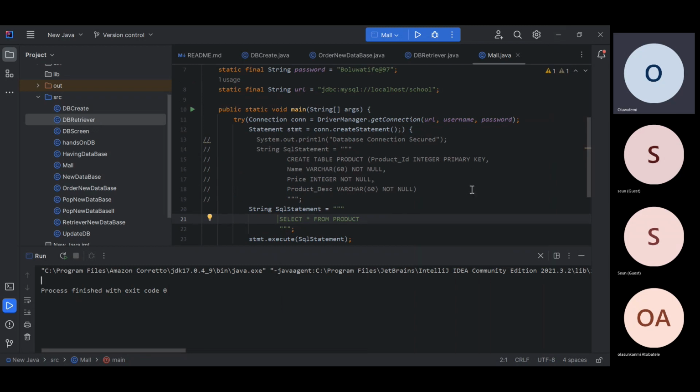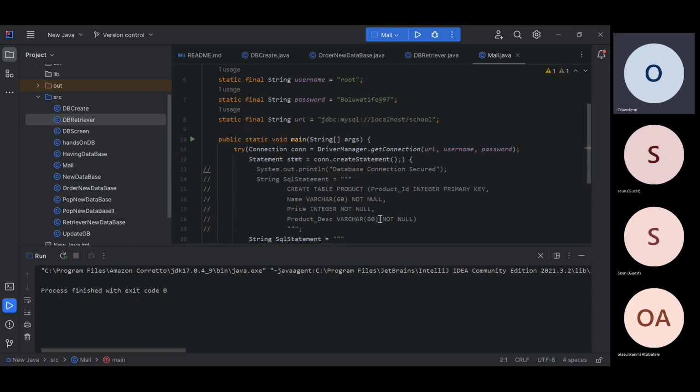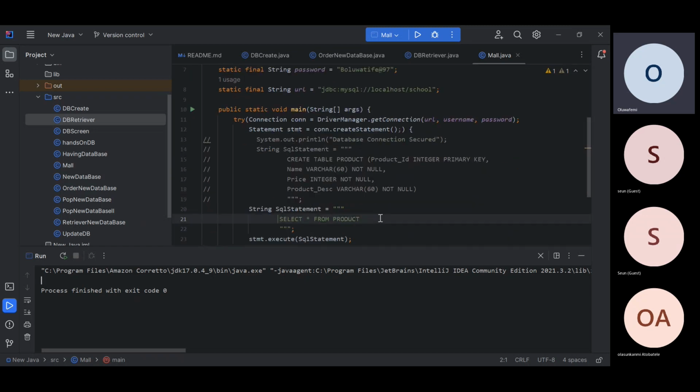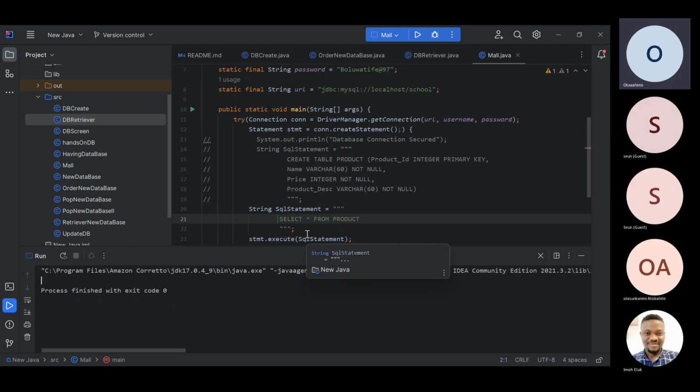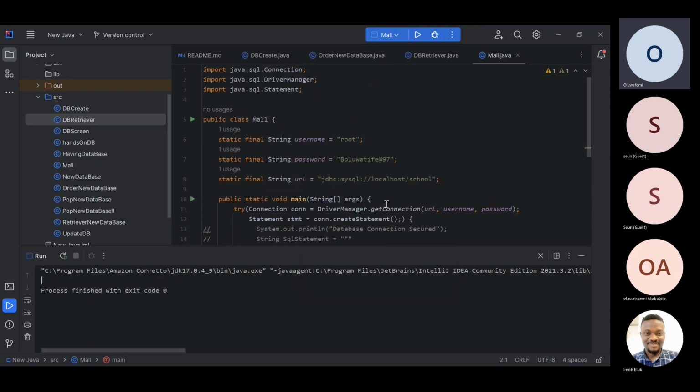I don't want to bombard us too much today. That's why I'm trying to take it slow. What we've basically done is establish our database connection and create a table. We've not populated the table yet. So next week we will be populating our table. I just want us to take it slow because